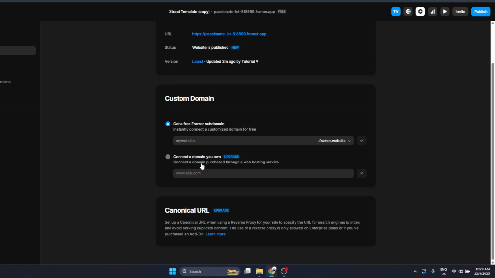Once your plan is upgraded, you can return to the same Publish panel, click Add Domain again, and then connect your own domain. From there, Framer will guide you through entering your domain name and will provide DNS instructions that you'll need to set up with your domain provider. That's the basic flow. Publish your project, add a domain, choose to connect your own, and make sure your